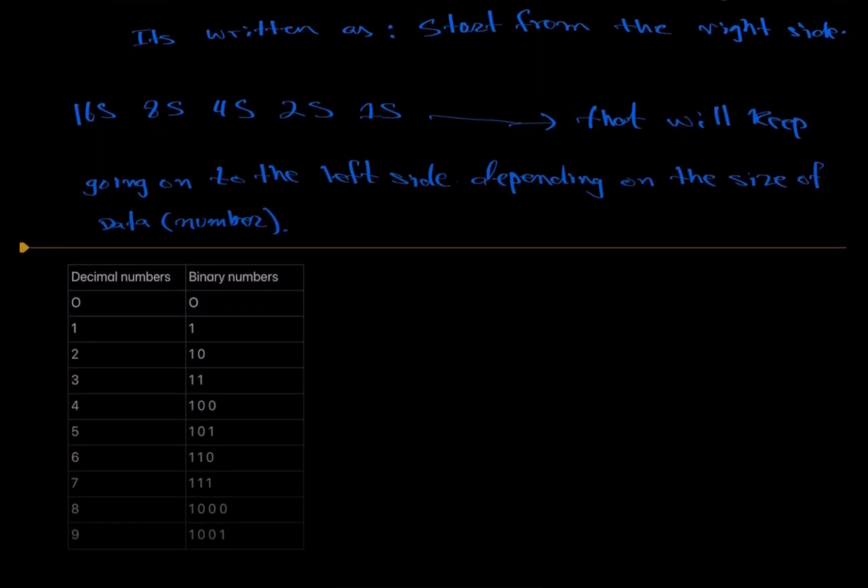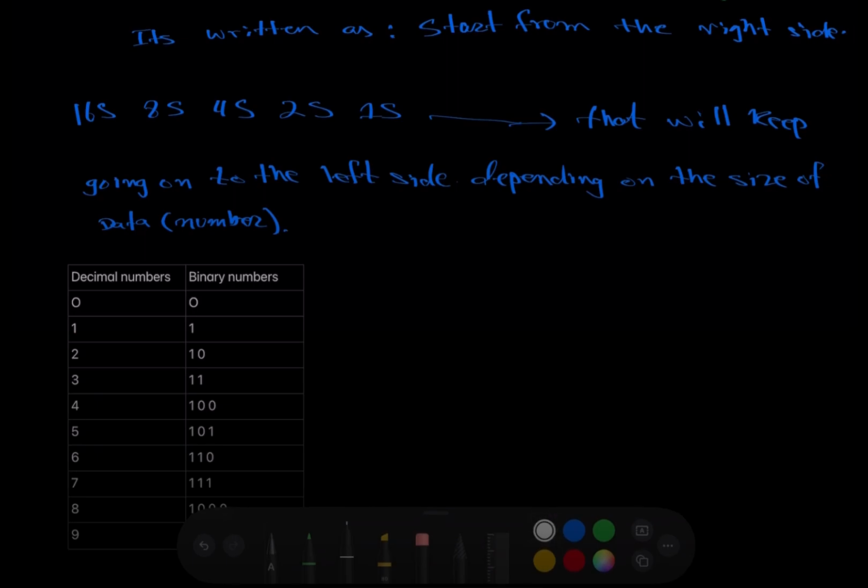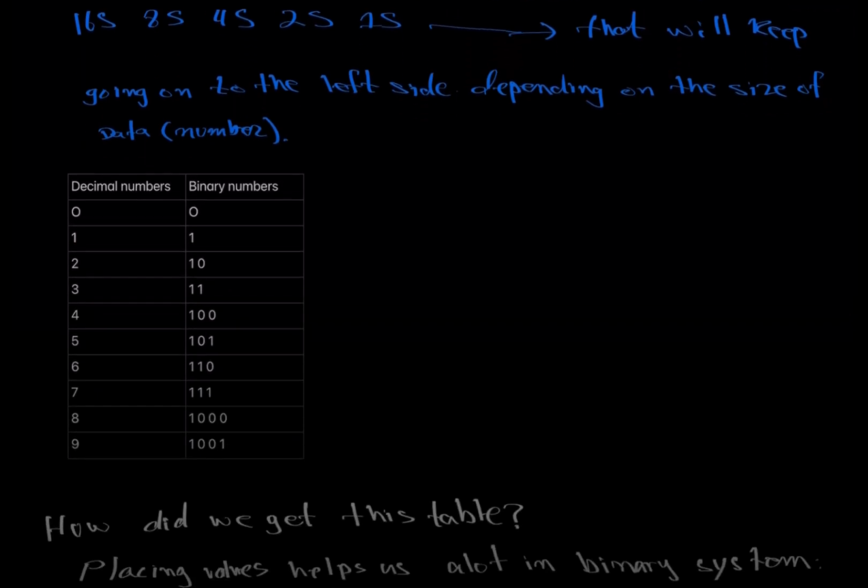Okay, the numbers between decimals and binary. The decimal starts from 0 and goes to 9. And these are the codes actually, not the symbols, I would say. Okay, the symbols start from 0 to 9. And the binary system, if you represent these numbers 0 to 9, it'd be like